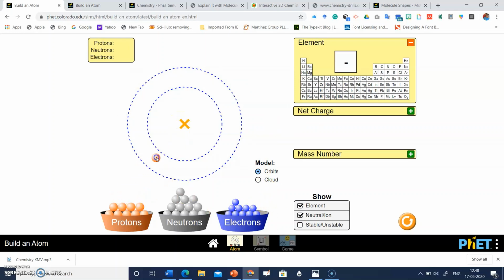So click on the proton and place it here in the nucleus, and click on one electron and place it on the first orbital of the hydrogen. So it will get added on the first orbital of hydrogen, right? If a student tries to add an electron in the second orbital, it will not get added, because for hydrogen, the first electron is present in the first orbital, right?